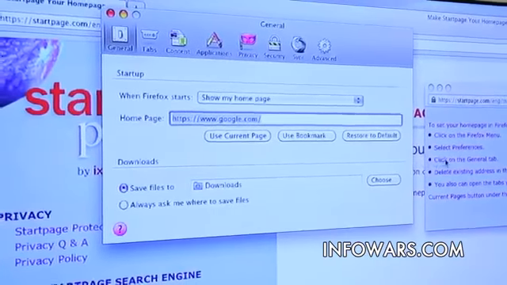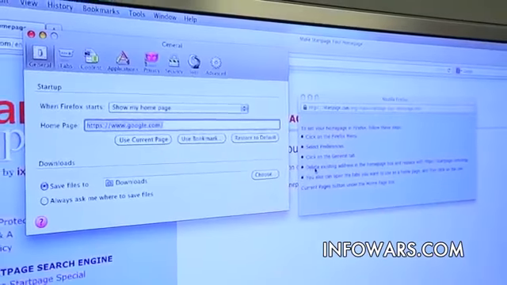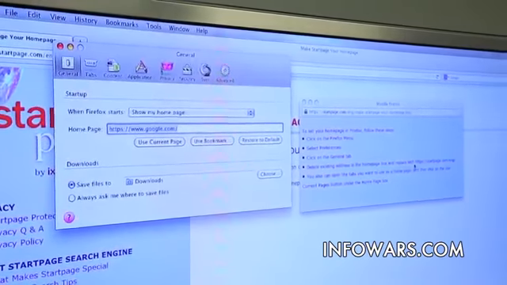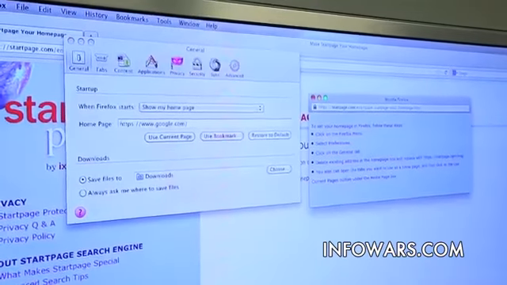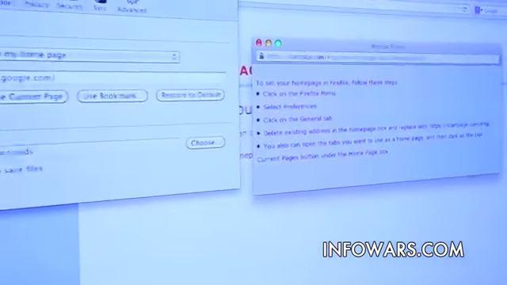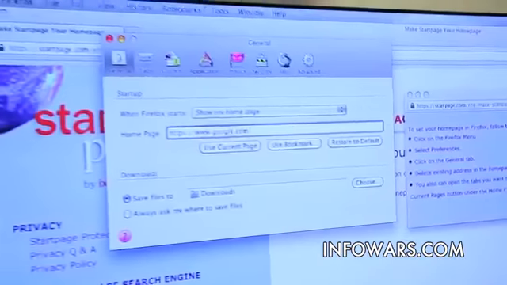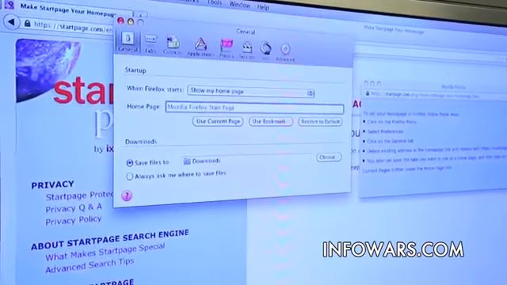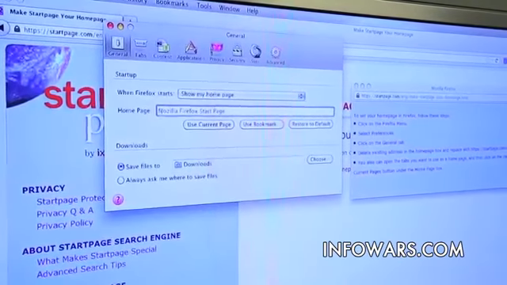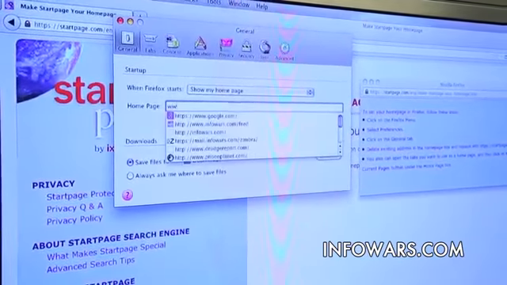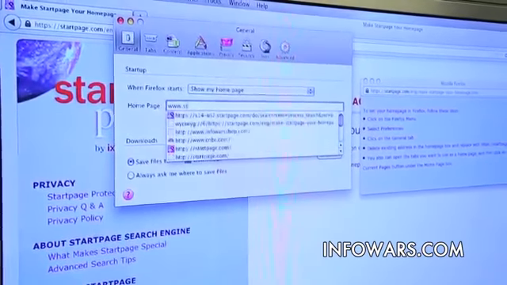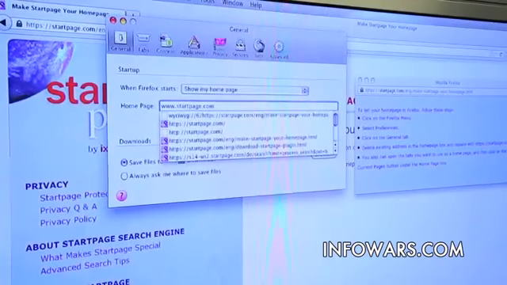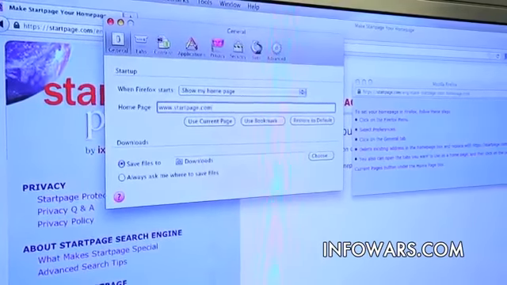Now we're going to follow our instructions here. Click on the General tab. We did that. Delete existing address in the home page box and replace it with this. So what I'm going to do over here, I'm going to select Google, highlight it, hit the delete key on your keyboard so it goes away. That's just a placeholder there. And now I'm going to type www.startpage.com. Double check, make sure you spelled it right, and if you did, hit enter, and you just changed your